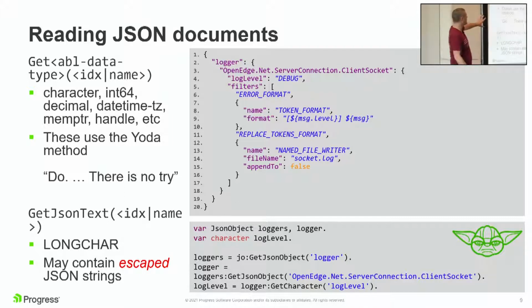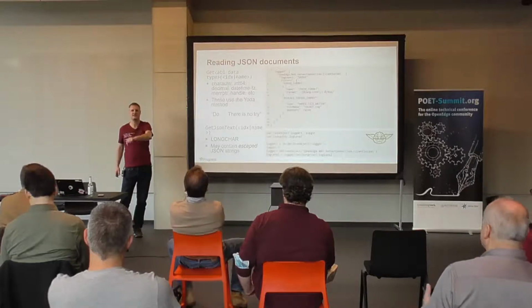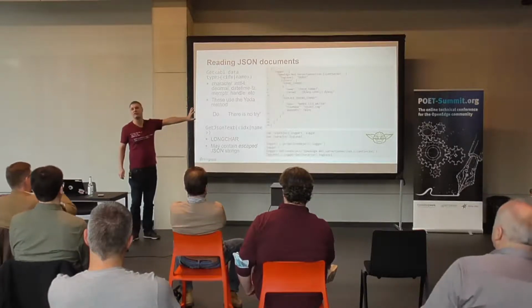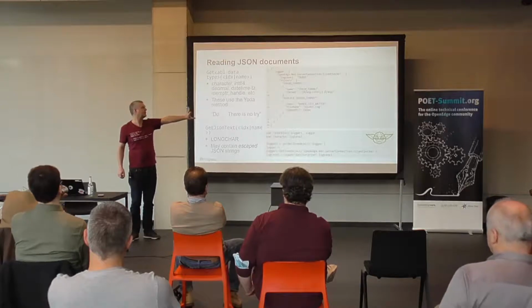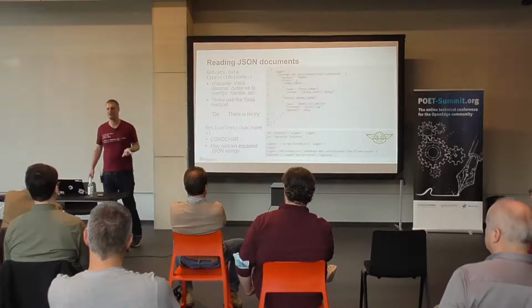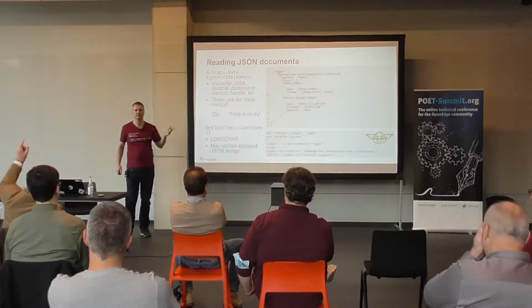These work really well when you know the structure and you're guaranteed of the same structure, because you can just say, I know there's a property of this name and it has that data type. But that's not always the case, and JSON documents are flexible in that the property could be a string today, tomorrow it could be a number, the next day it could be a logical. You don't always know.